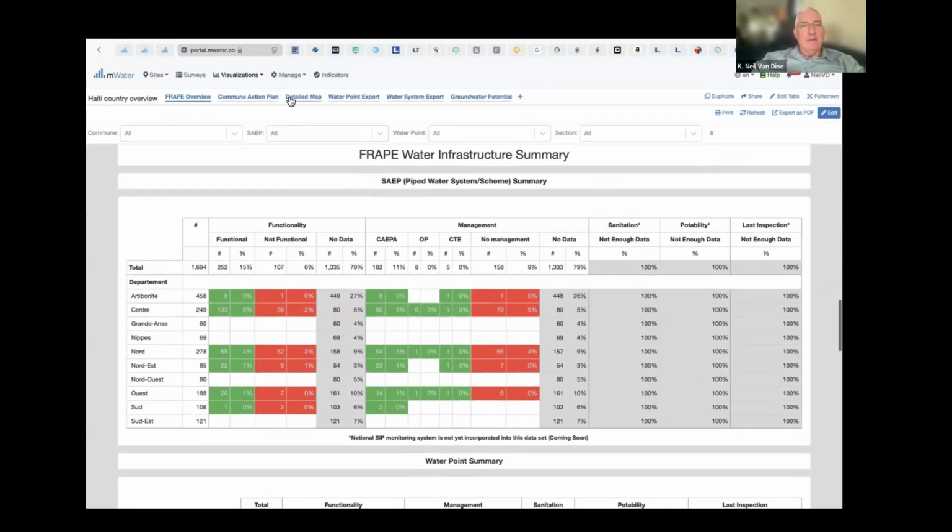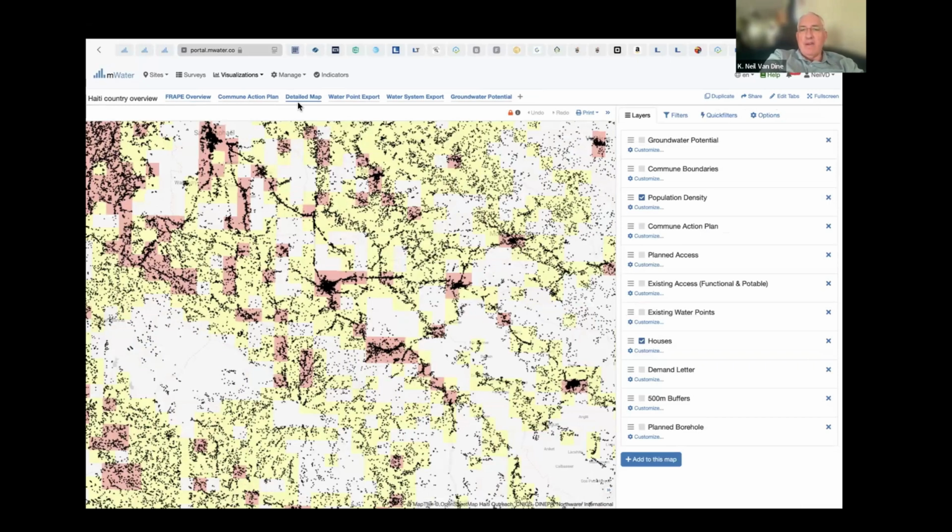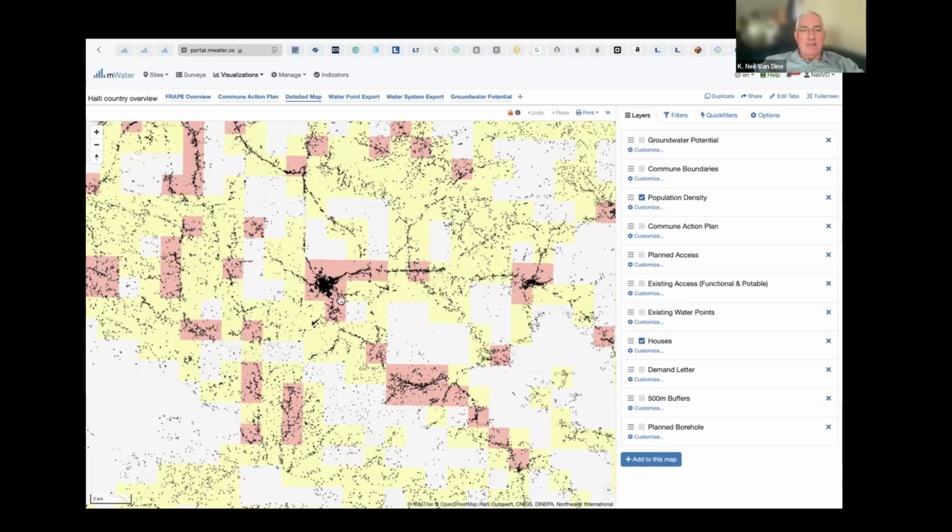We create other layers inside of ArcGIS and upload those so that we can visualize where water points need to happen and use this as a planning tool. This is actually the commune of Pion, and one of the things that we know we need to create is water systems. Where you have rural communities, you can create a water point and have them build latrines and so on. But when you get into more urban concentrated areas, you want to build a water system. The Pion water system right now is in this area right here.